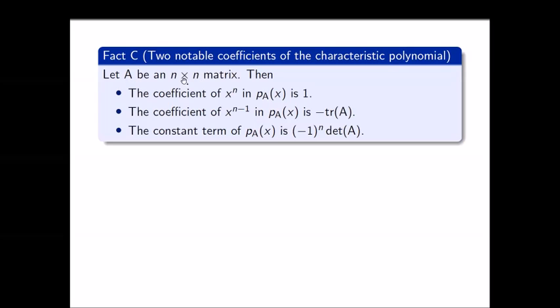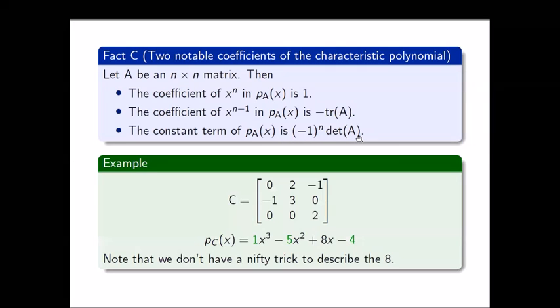So if we have an n by n matrix A and we compute its characteristic polynomial, these three things are always going to be true. The coefficient of x to the n is always going to be 1. The coefficient of x to the n minus 1 is always going to be the minus of trace of A, and the constant term of the characteristic polynomial is always going to be minus 1 to the n times the determinant of A. For example, if C is my 3 by 3 matrix, given by 0, 2, minus 1, minus 1, 3, 0, and 0, 0, 2,